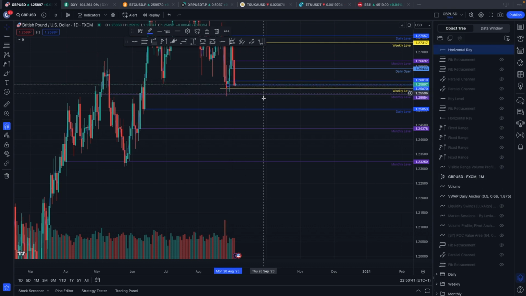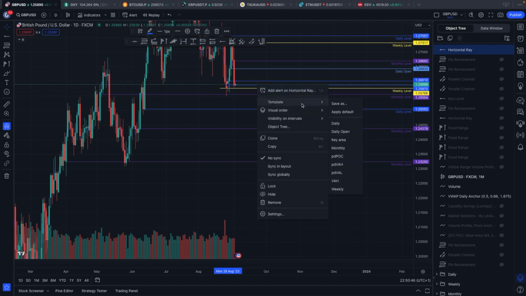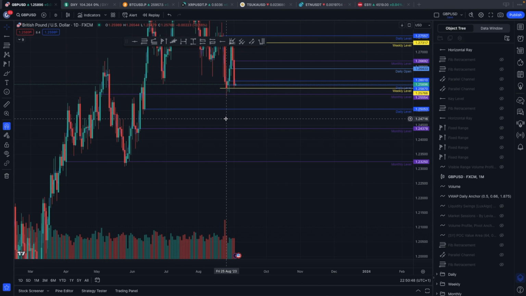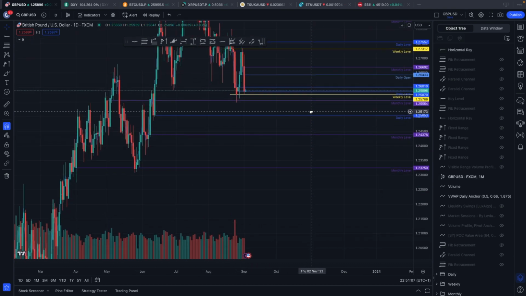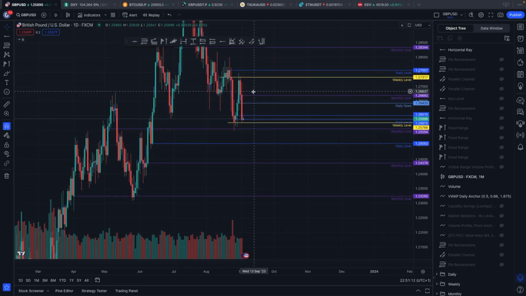Yeah, I guess we're sort of hovering around it, to be honest. So you could say we have broken through it. We've gone through it once, we've gone through it a second time, we closed below it. So we can leave it for a few days and see how it plays out. That's definitely one we could probably get rid of very easily. Apart from that, nothing really below us that we need to draw, and nothing really above us, because that's covered